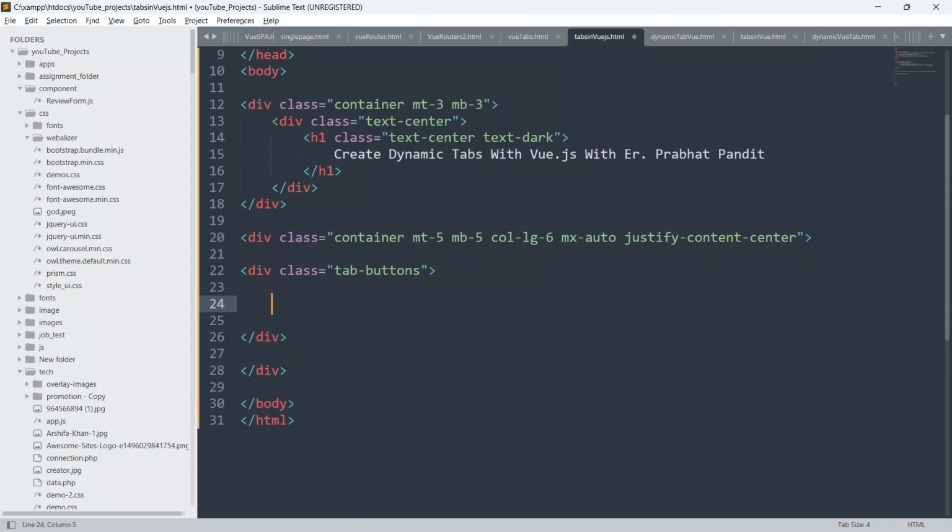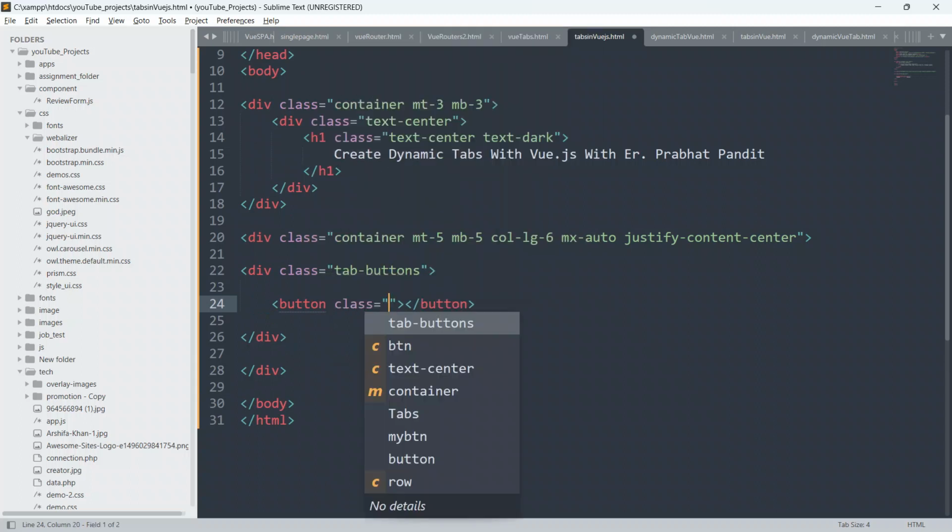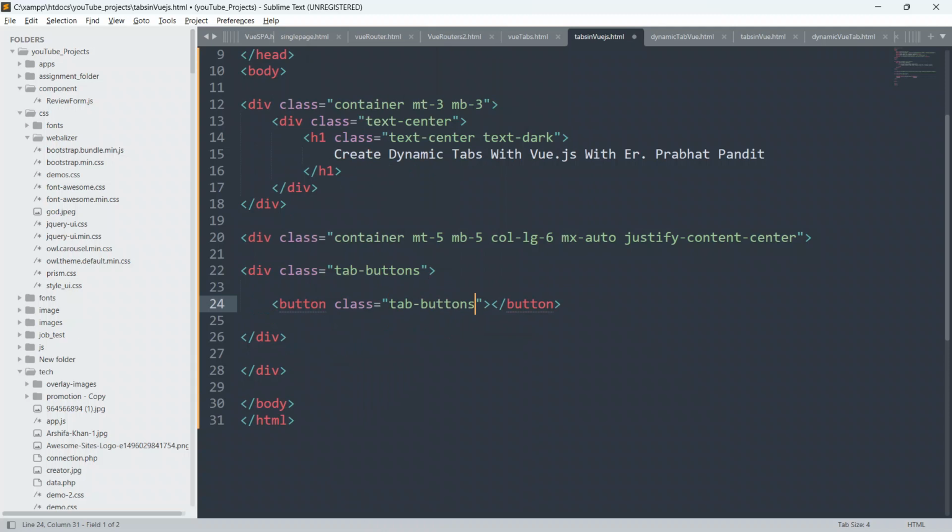Now I will create a button. Just create the button and close it first, and we will give the class as tab-button. Inside this we are going to write the text, like Bootstrap.